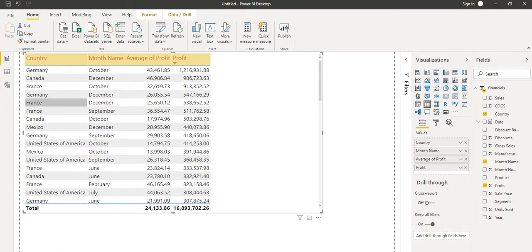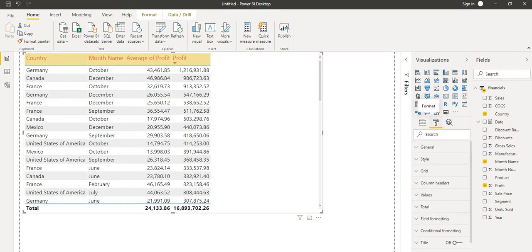This was the table we created in the previous tutorial. Here we are showing the data for the country, month, average of property and the profit, and all these values we have taken here. We have done some formatting on this one.